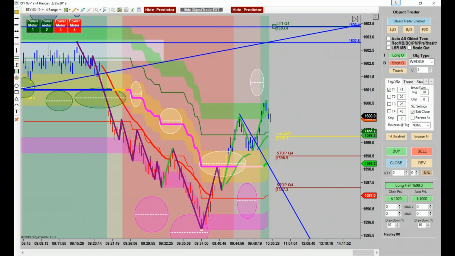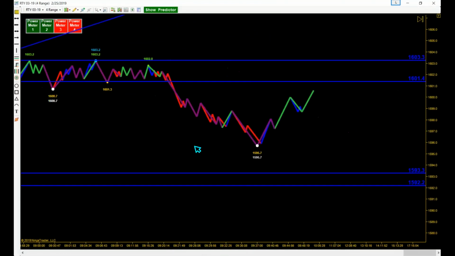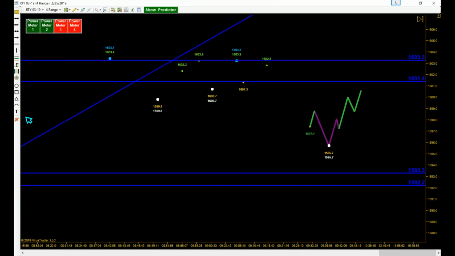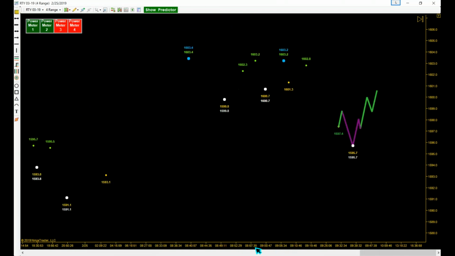Let's go to the black one again. I'll get rid of all this over here because we don't really care anymore on it. Let's just get rid of Lightning 1 and Lightning 2. And that's good. We'll draw it from there. And I'll get rid of all these lines. But I am going to draw